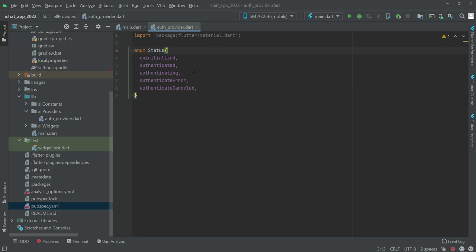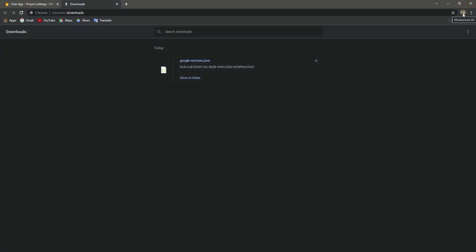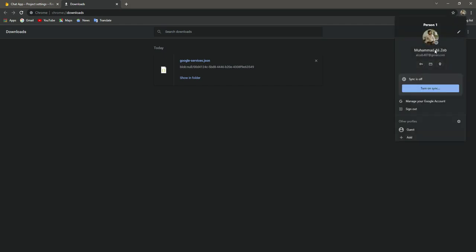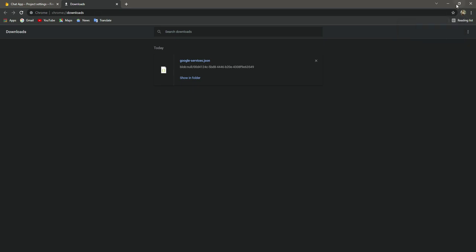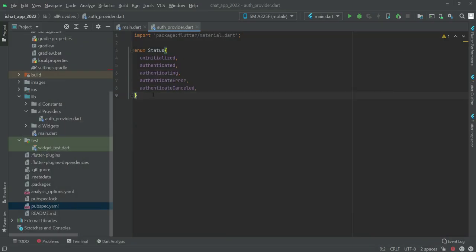So auth provider is basically a provider in which, using the Google sign-in, we will take the data from the user, for example the profile, the full name, the email address, and so on, which is stored in his or her Google account. For example, this is my Google account, so this is my profile image and this is the name, Muhammad Ali. As you can see, this is my email. So if I try to log in, then using the auth provider we will take that data and